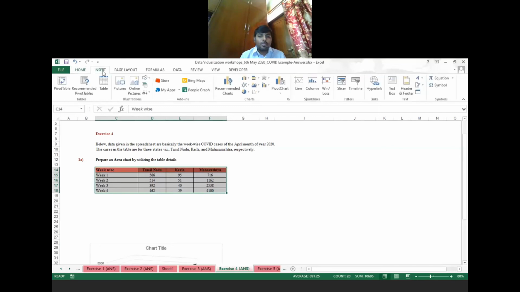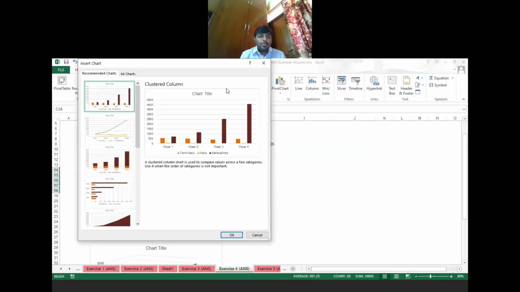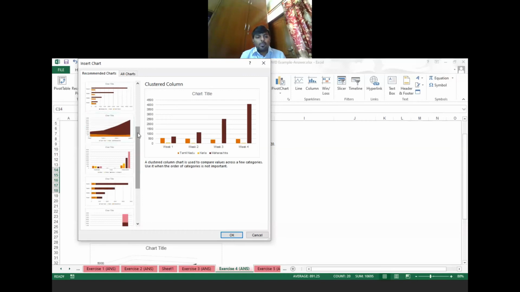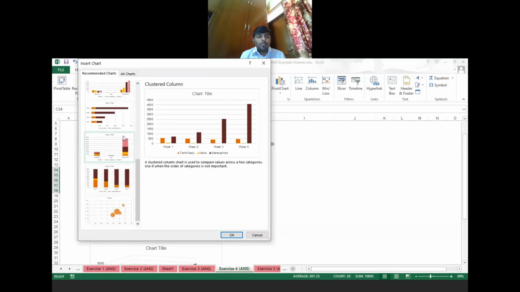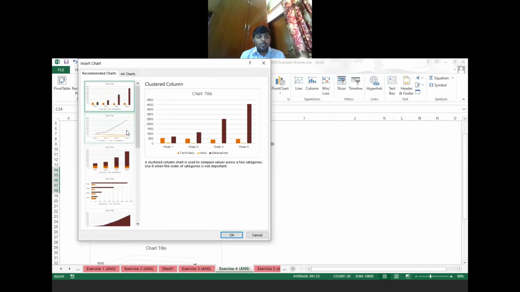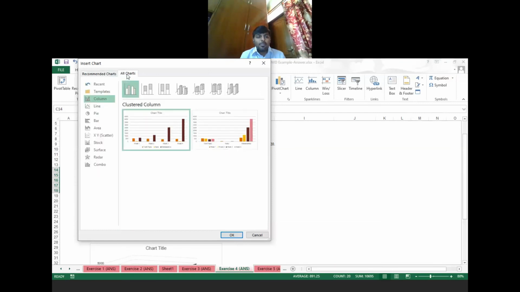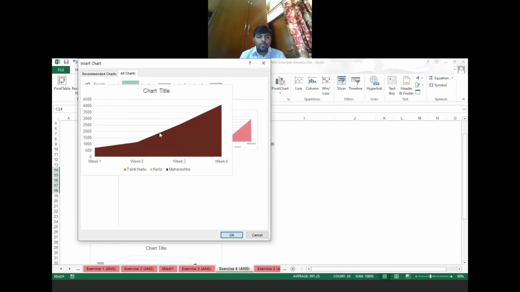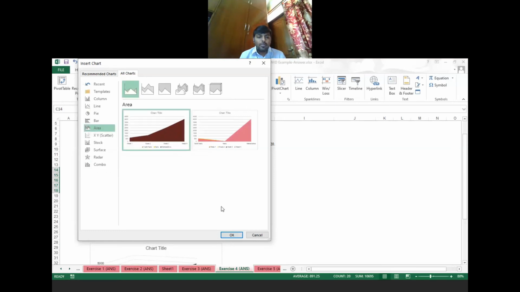Then go to the insert option. Again, go to the recommended chart option. If you want to check whether this type of chart is there or not, just scroll down and you will get the recommended chart options. Otherwise, simply go to the all charts option, then scroll down and go to the area chart. Now select the area chart.